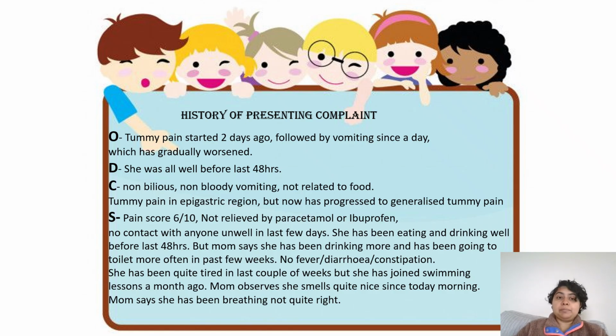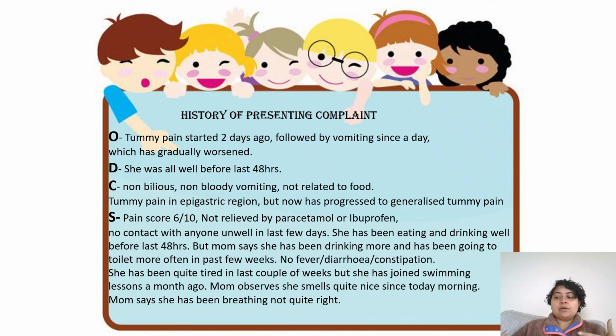Right, so history of presenting complaints. There are two types of approach that we can do for history of presenting complaints. One is the ODCS and the other one is the SOCRATES. Do whichever feels comfortable to you, but I am going to discuss the ODCS approach. They are kind of similar to SOCRATES as well. Right, O stands for onset. So in the onset of the symptoms, you want to ask,